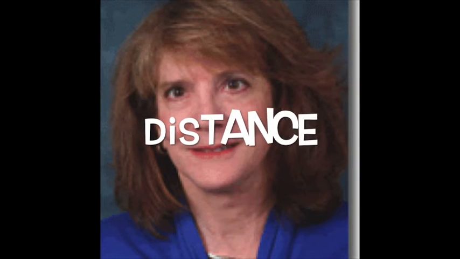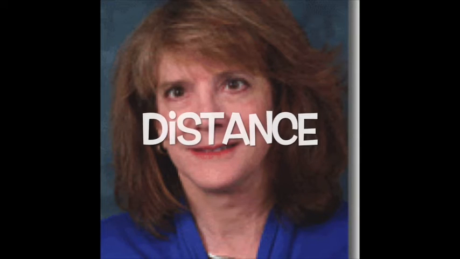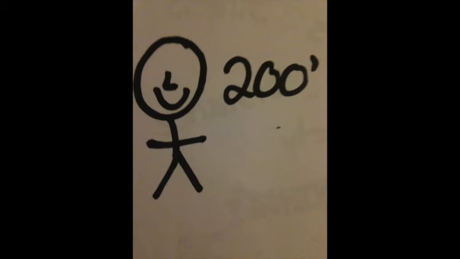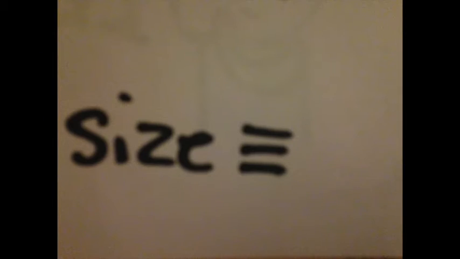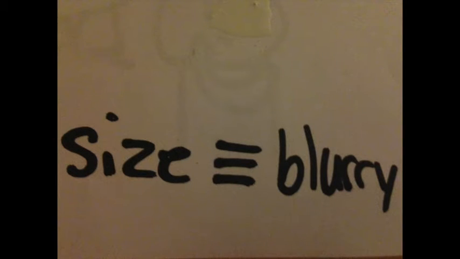There are also factors such as distance. Professor and expert on memory and eyewitness testimony Elizabeth F. Loftus found that at 10 feet you might not be able to see an individual's eyelashes on a person's face. At 200 feet, you may not even be able to see a person's eyes. At 500 feet, you could see the person's head, but just one big blur. There is also equivalence between size and blurriness. By making something smaller, you lose the fine details.